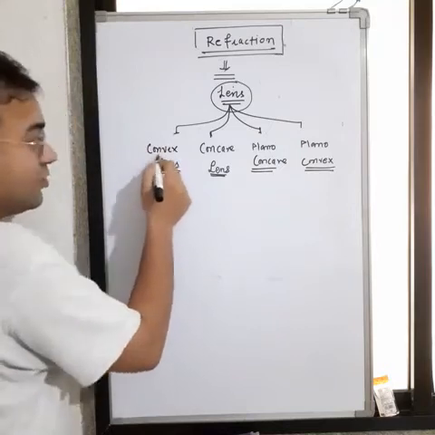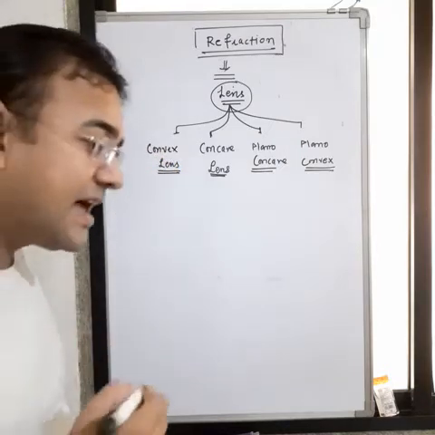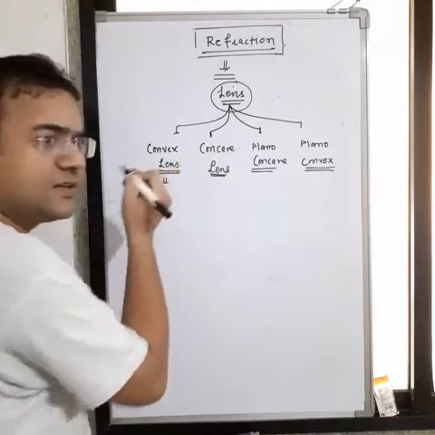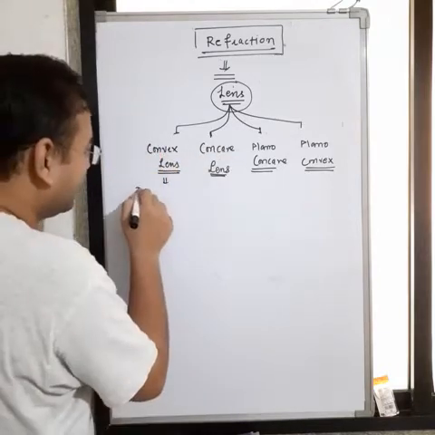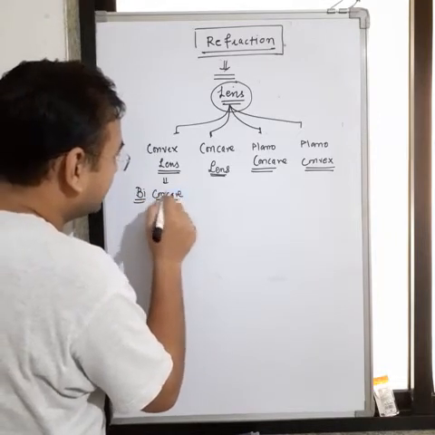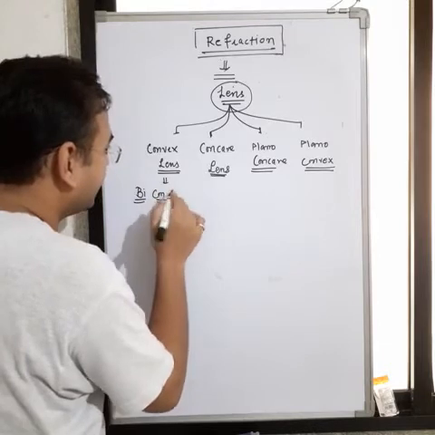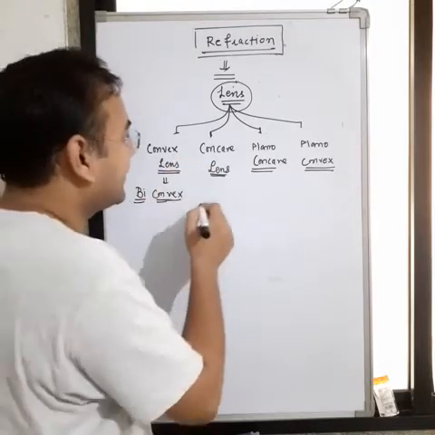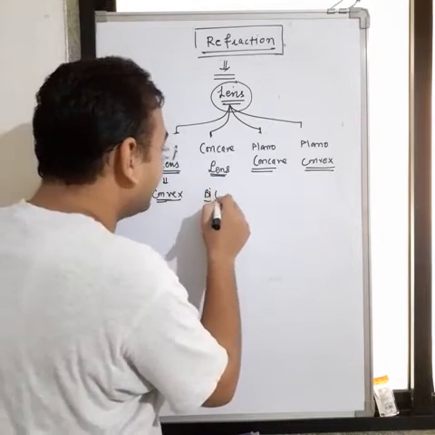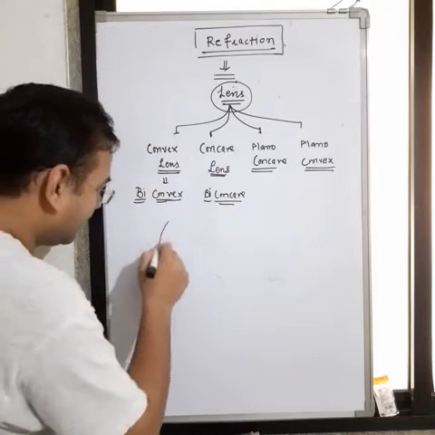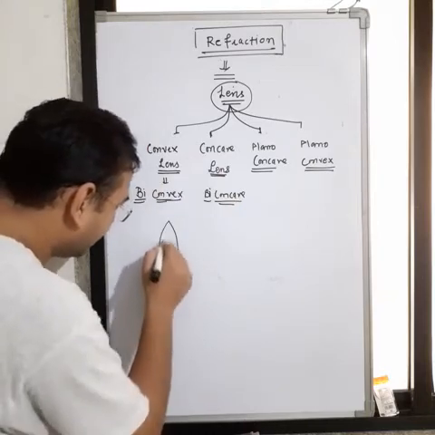Actually, this convex lens is known as the biconvex, and the concave as the biconcave. We are going to write down convex and concave, but actually we are going to write down biconvex, because both sides are convex. Let's see here if we consider